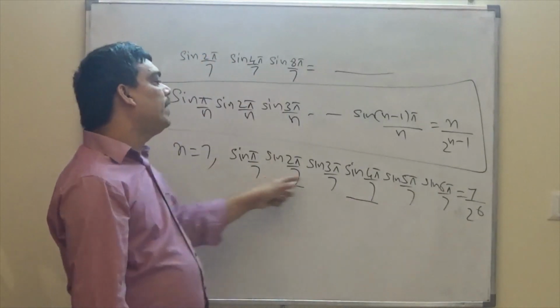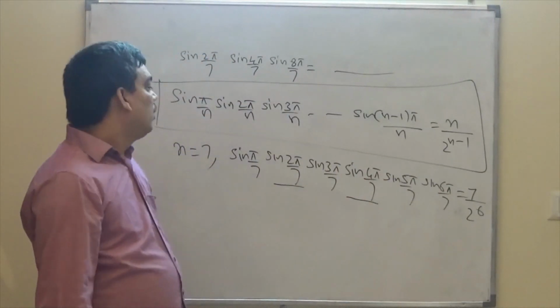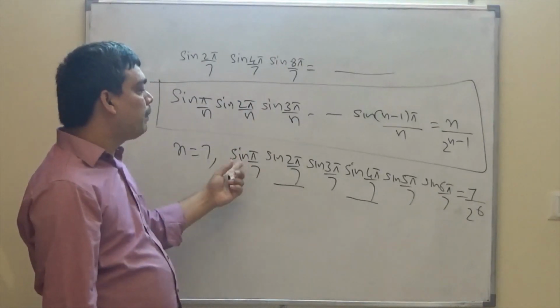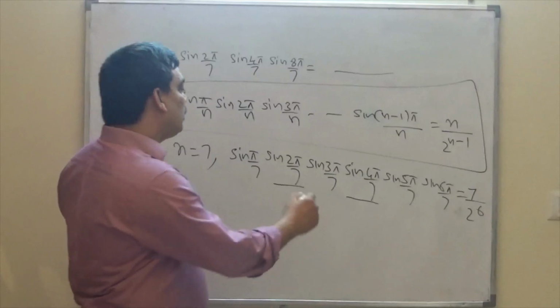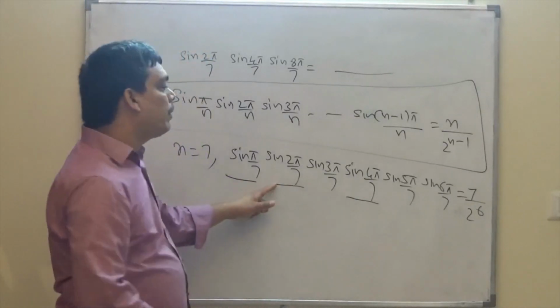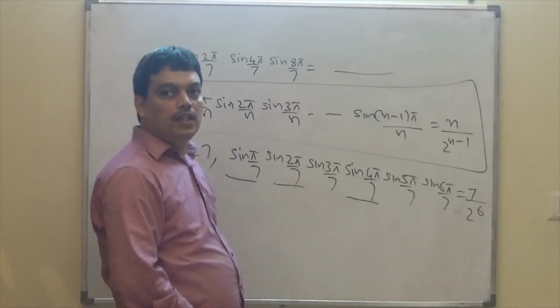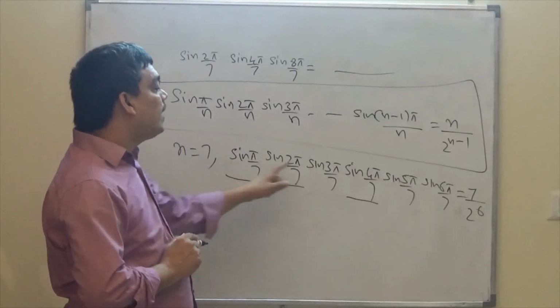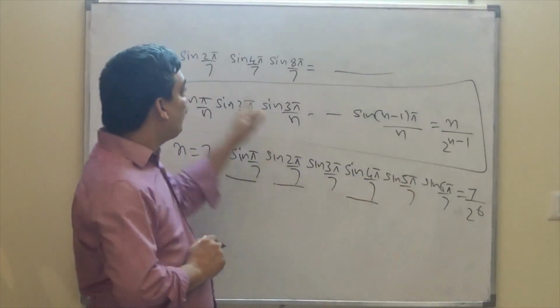We do not have 8π/7 here, but π/7 and 8π/7 are convertible, so we can of course first find the product with π/7. Let me find out the product with sin π/7, sin 2π/7 and sin 4π/7 first. How do we do that? If you observe, there are 3 additional terms here compared to what we require in the product.